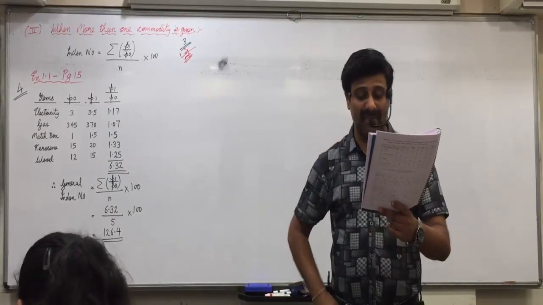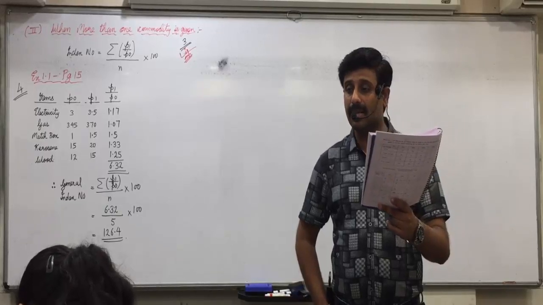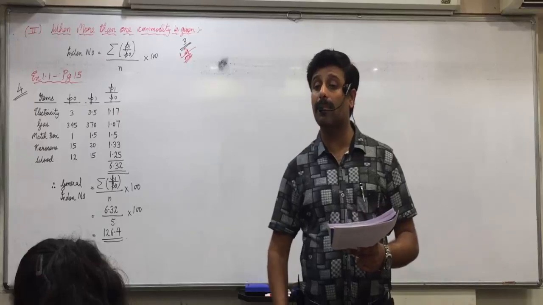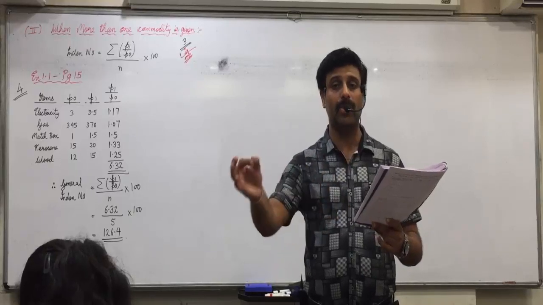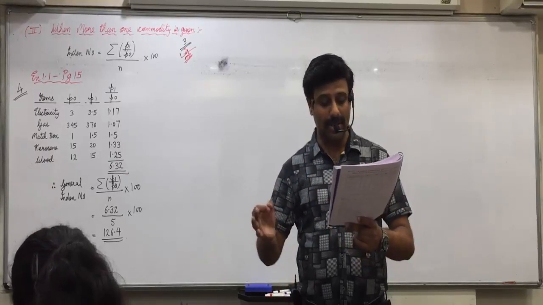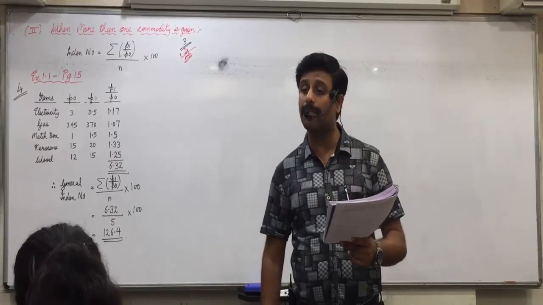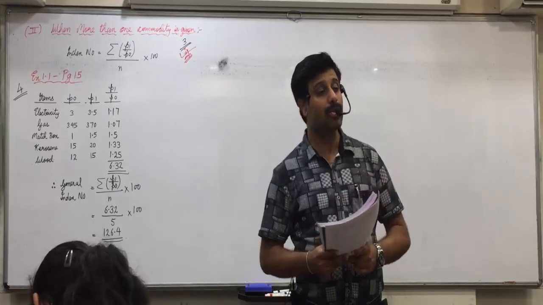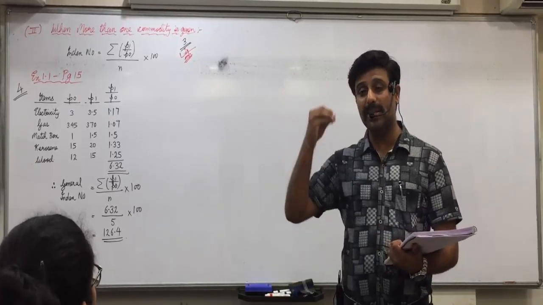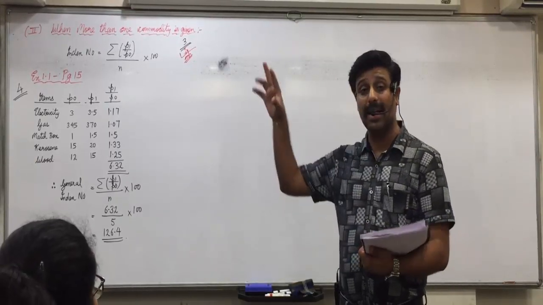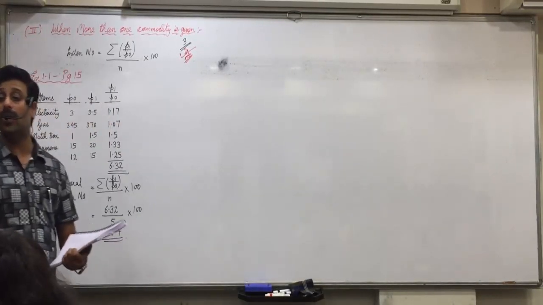Meaning to say, first when we do it by fixed base method, look at commodity wheat. For 2011, that is the base year, we'll directly write 100. Base year's index is 100. For 2012, 18.5 divided by 18 into 100. For 2013, 18.9 divided by 18 into 100. Same way for 14 and 15. Same way for rice and sugar. And then directly we will do the average, sigma upon n. At the end we will not do into 100. We do it specifically for all the years, because there is not 1 year but there are more years. Did you understand? We have obtained for 12 also, 13 also, 14 also, 15 also.